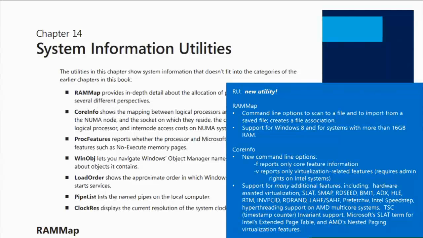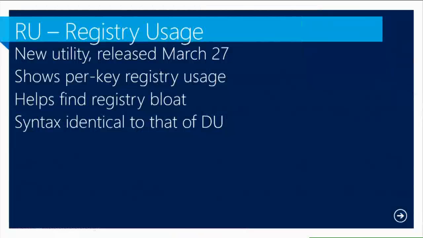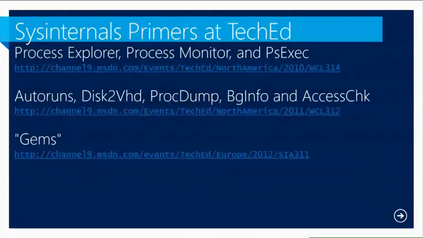just really, really quickly, Core Info reports all the features of the CPU set, and tons of new stuff has been added. RAM map now has some command line options, so you can operate it from the command line. RAM map is a tool that shows you, instead of virtual memory, the actual physical RAM and